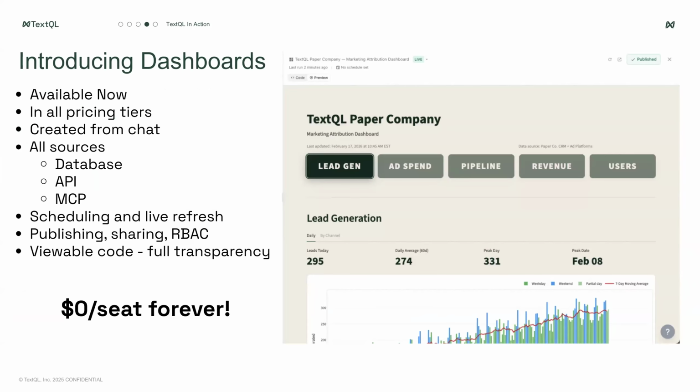Dashboards are a new primitive inside of TextQL. They're a completely new kind of object that we didn't have before. There is an output type, and you're going to see that in Tony's demo for dashboards. Dashboards are available now. You can go into TextQL at app.textql.com in all of our pricing tiers. And if you connect some data or use some of our sample data, you can create a dashboard right now